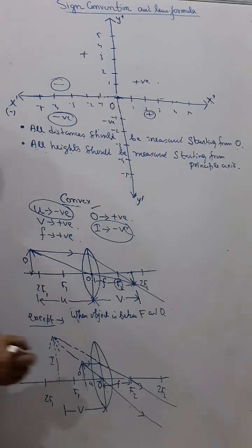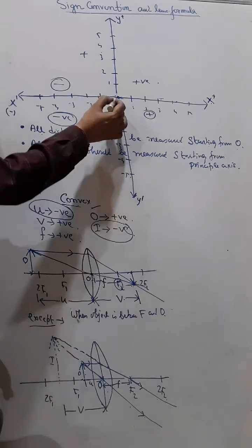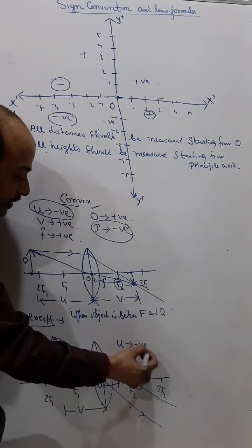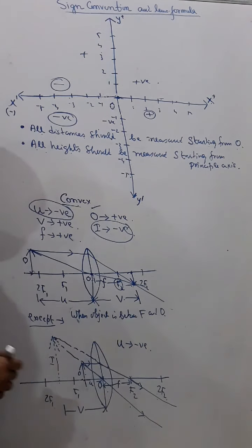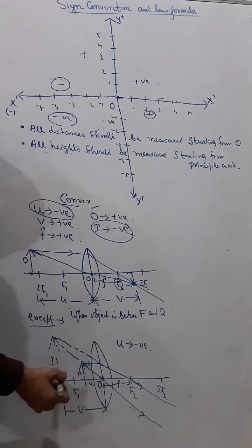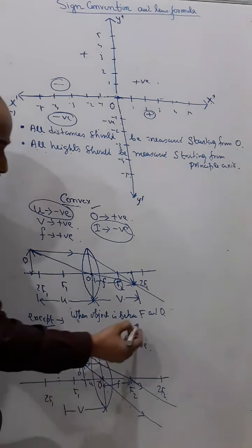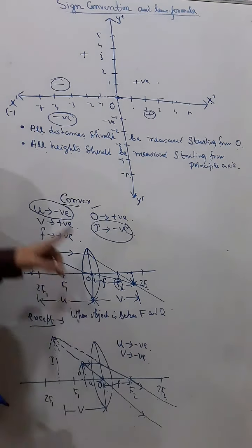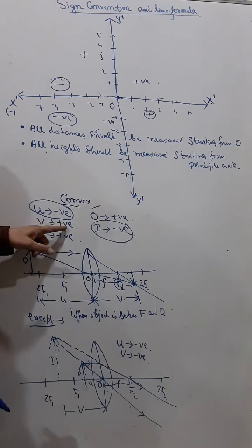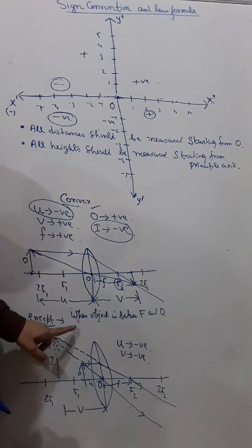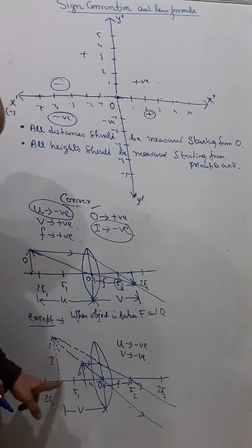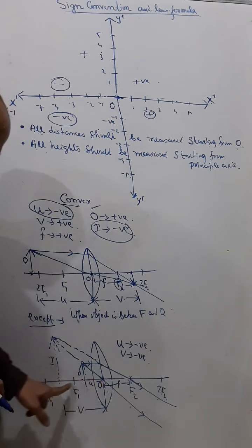When I say object distance from O to this, so again from O to here we are going negative, so here also the u is negative. And when I say image distance, image is also this side, so from O to here, so here image is also negative. But you can see in all the other cases in convex lens, image distance is positive. But in this case, that is when the object is between F and O, the image distance will be negative. Okay, so from O to this.